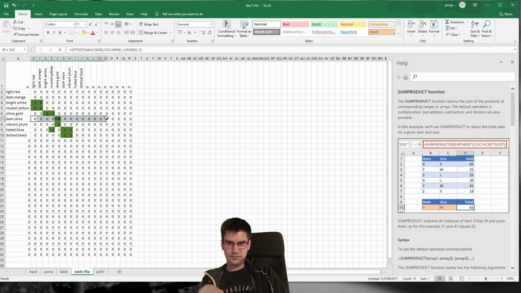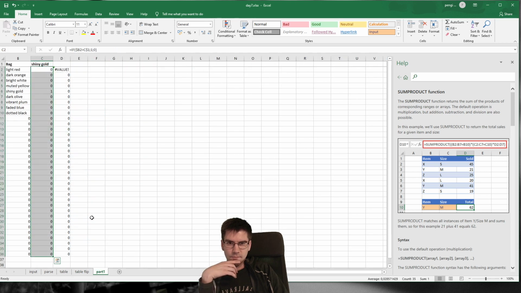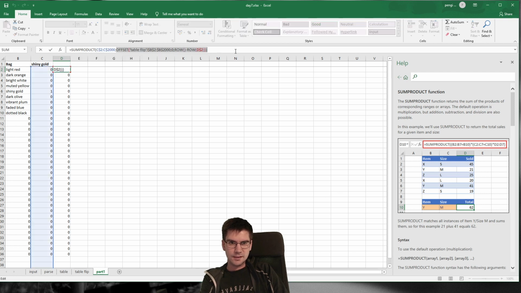Which means that for dark, this list. For bright white, the fifth element is 1, which will multiply by shiny gold. So it is actually not offset by, I want to be multiplied by